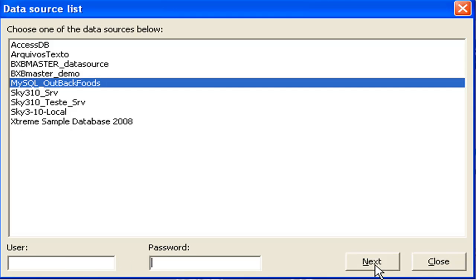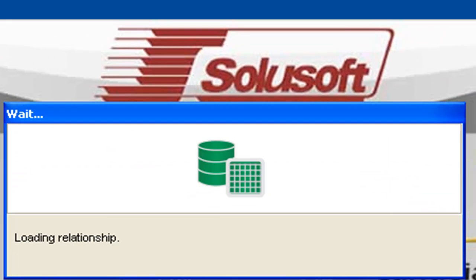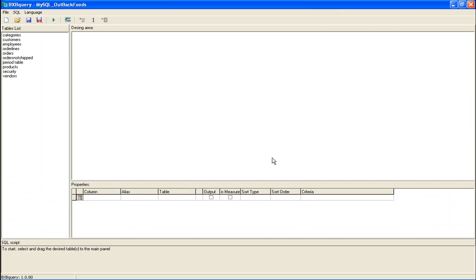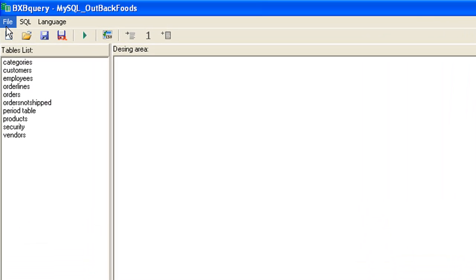As MySQL does not, when we click on Next, BXBquery will search the information for the relationship of tables in the database. This may take a few seconds. Obviously, this relationship should exist in the database. Then appears BXBquery's friendly interface, where you can see at the top the menu bar, just below the toolbar, on